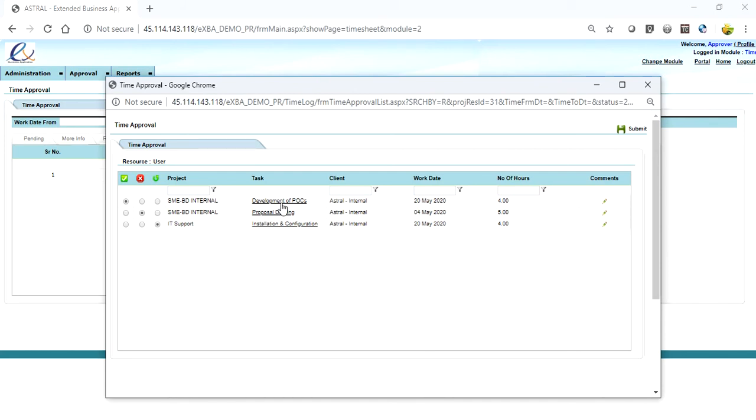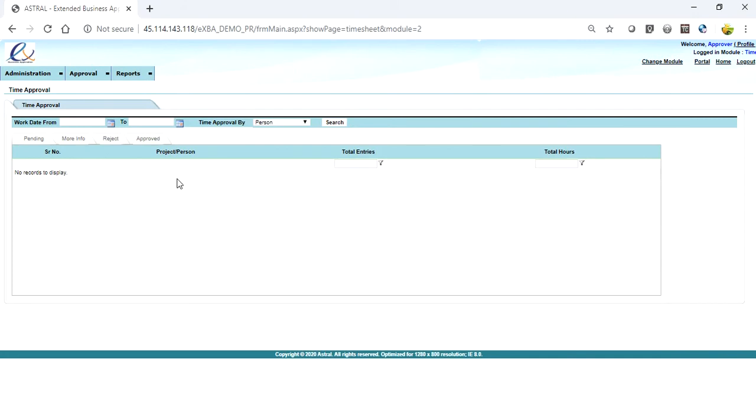And also the same link button on which he can click and view the additional details. So I will just approve all the entries, click on submit. So those entries have gone from his bucket.